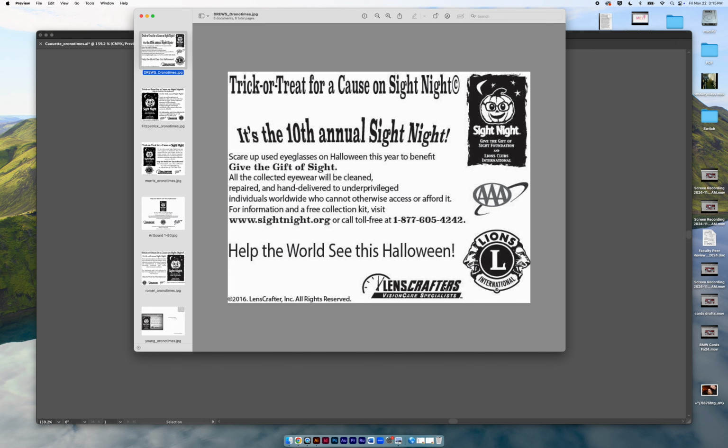You could make these a bit smaller, and maybe even have them along this bottom part, and then even have the Site Night logo, give or take, here-ish. If you wanted to do this kind of effect, I might do that just on the Trick or Treat. Again, maybe try to separate these two. The For a Cause part, you could have the Trick or Treat with that arch effect, and then For a Cause on Site Night, and then have this a little bit more normal, and then rearrange this